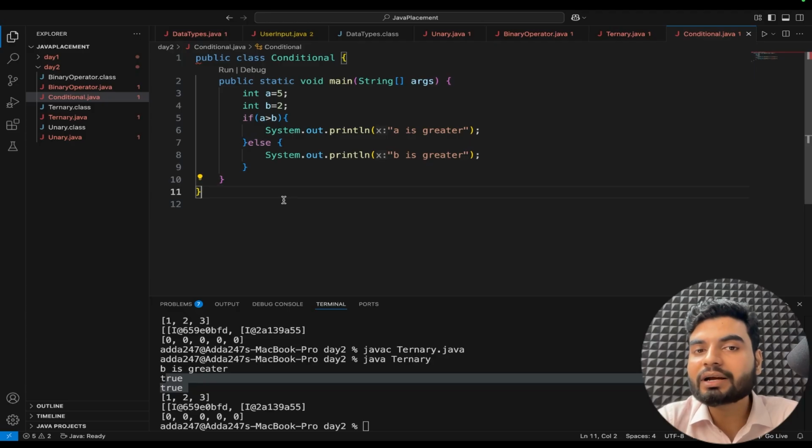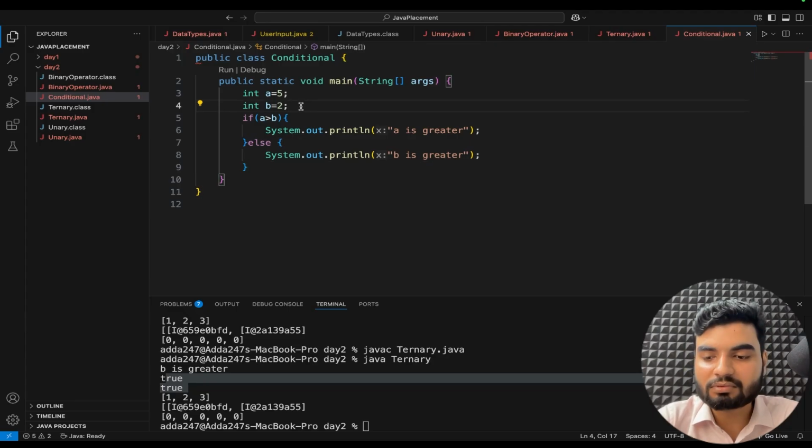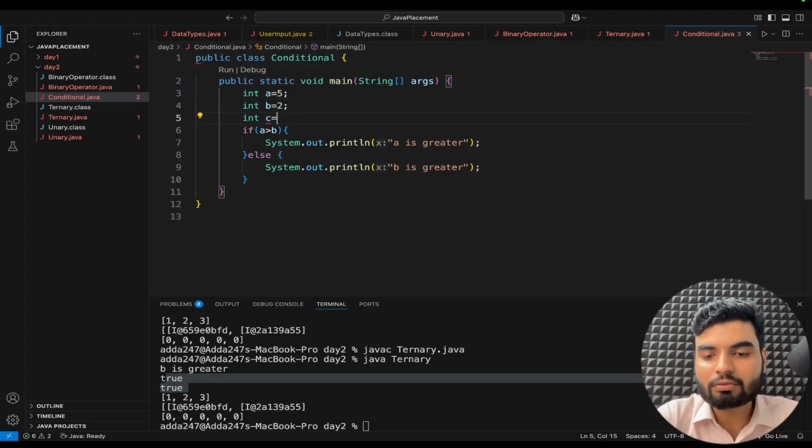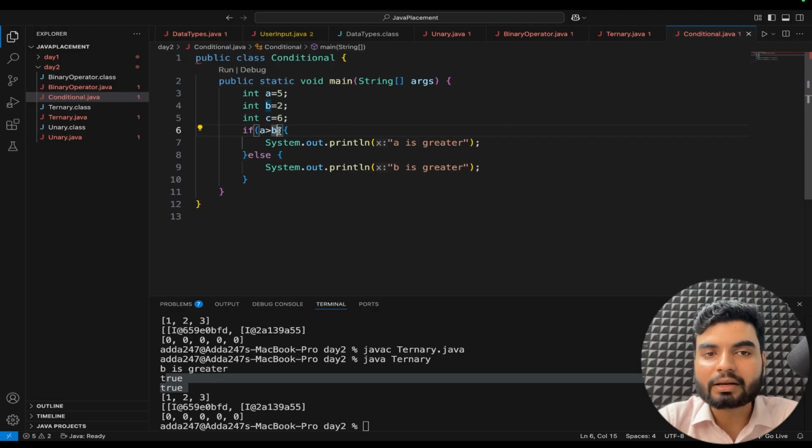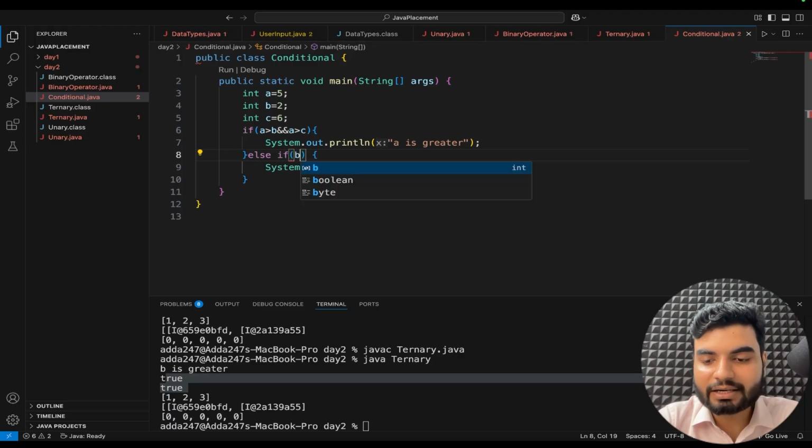Again, if you want another condition here, in that case you can have an if else if. So let's say I have 3 variables here. So I have C here also. So C, let's say 6. In this case, A should be greater than B, and A should also be greater than C, correct? If that is the case, then A is greater. Otherwise, I have to put a condition here with else if: B is greater than A